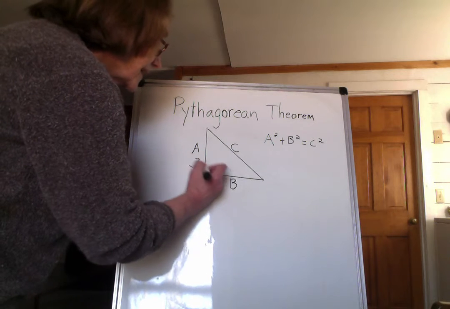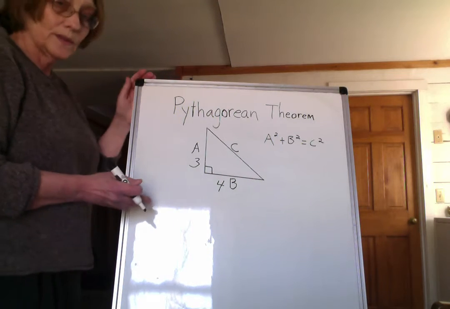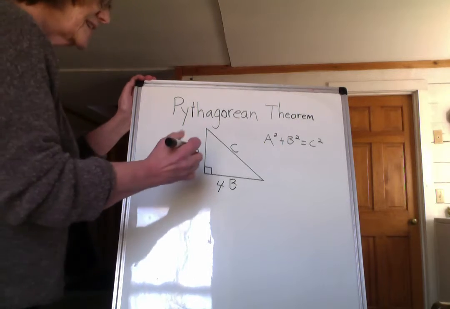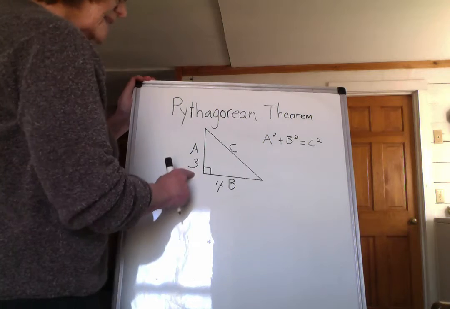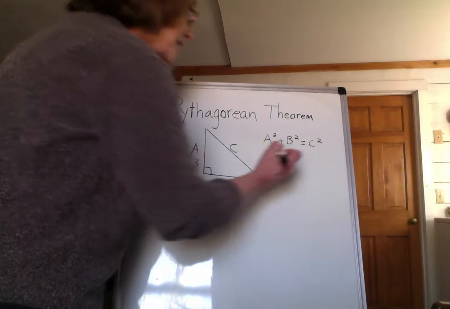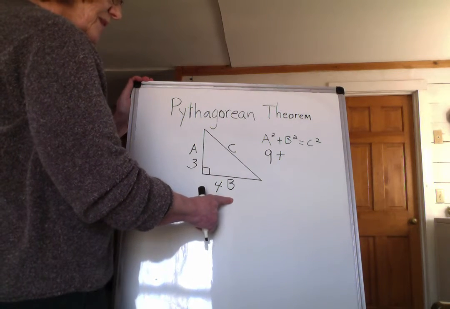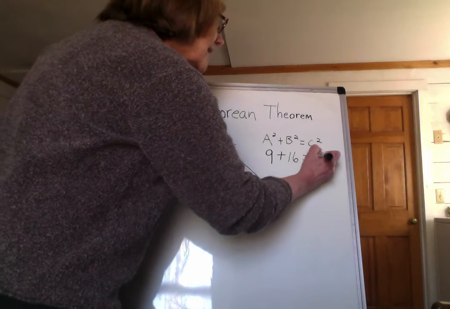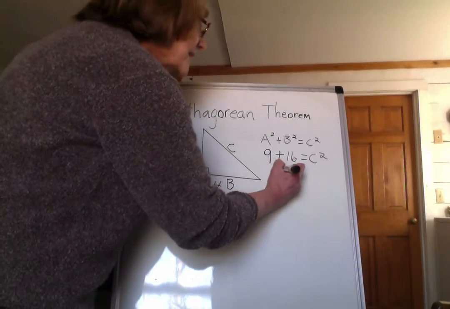We'll give A a 3 and B a 4, and we don't know what the hypotenuse value is. So let's substitute these. A squared: 3 squared is 9, added to the other side, b squared is 16, and that will equal our hypotenuse. This is 25